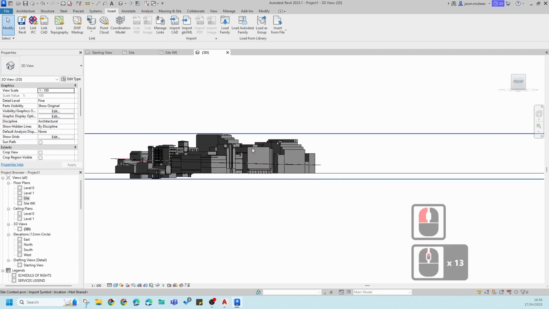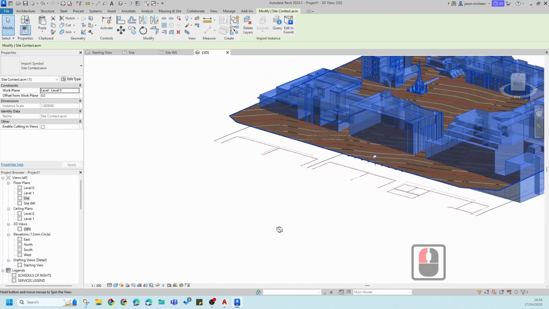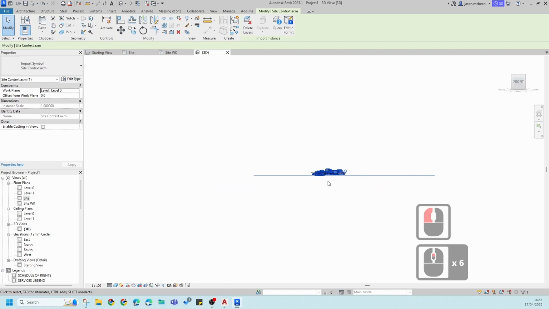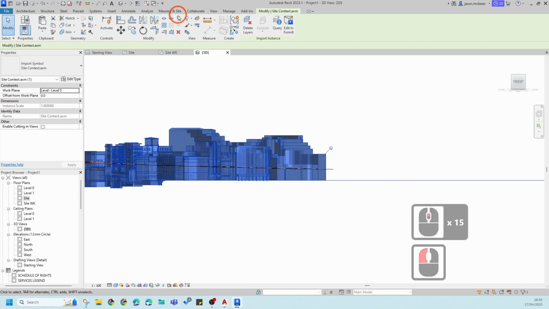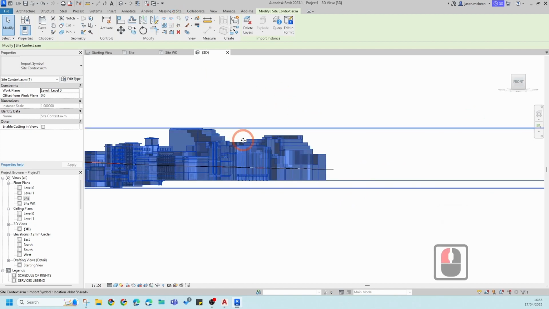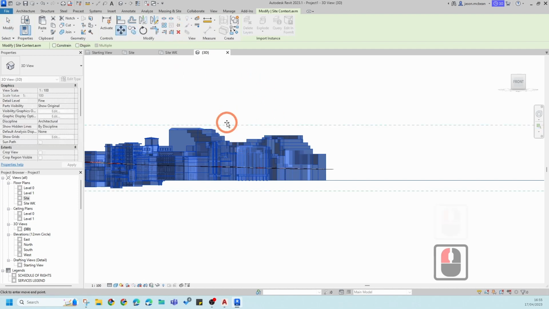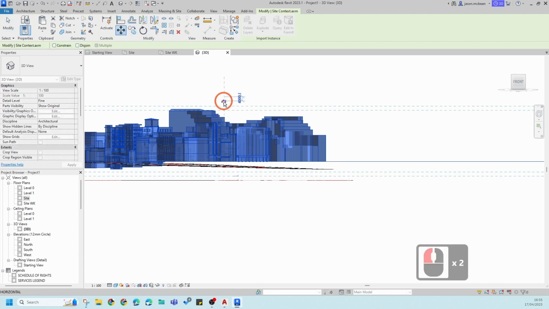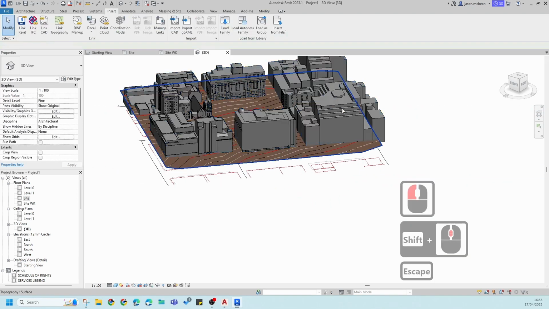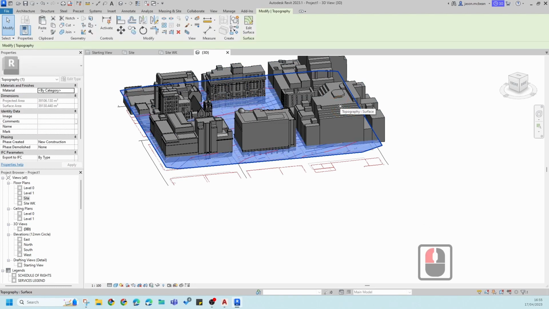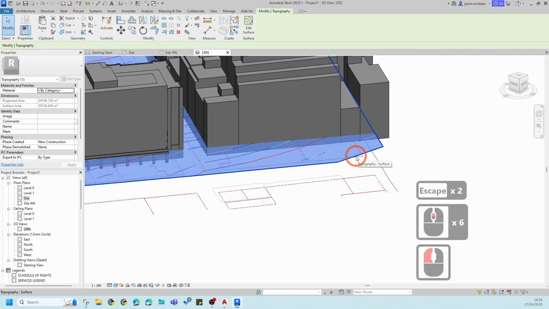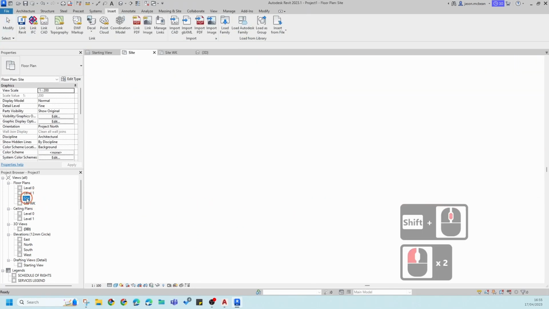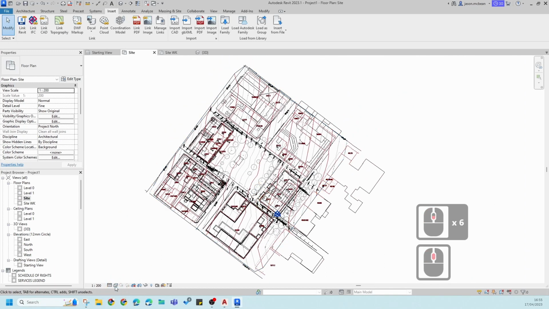So now you'll notice that you've got some topography, but now you'll need to move the information up a bit. The format file, when it comes in, is also pinned, so you'll need to unpin that as well. You'll notice now that I can move this object up on the topography, move it down. You can try and fix it in here, but ideally, because this is a link, I will try and fix this in the format file, and take the site information back to format and make the necessary amendments. But what's important now is if you go to your site view